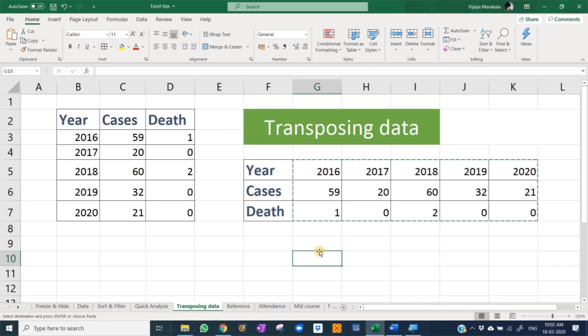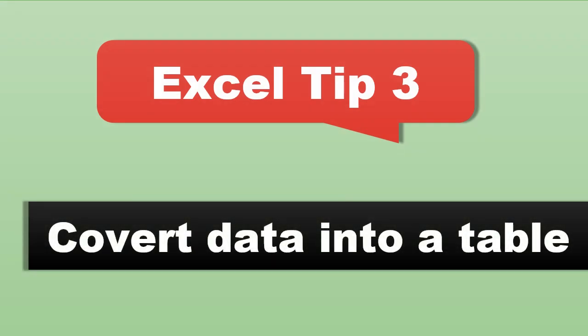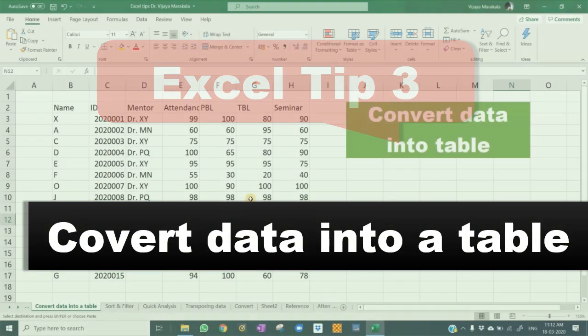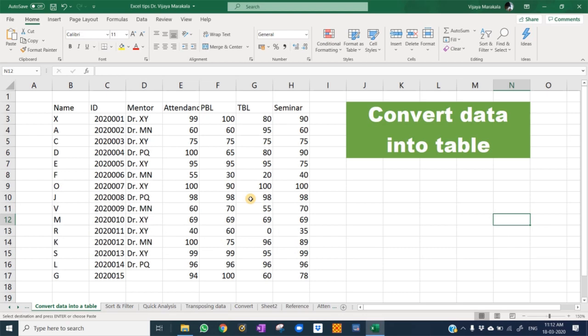Suppose you want to convert rows into columns, columns into rows. Convert data in your Excel spreadsheet into a table, an interactive table where you can organize your data very easily. To do this, you need to use a shortcut key.